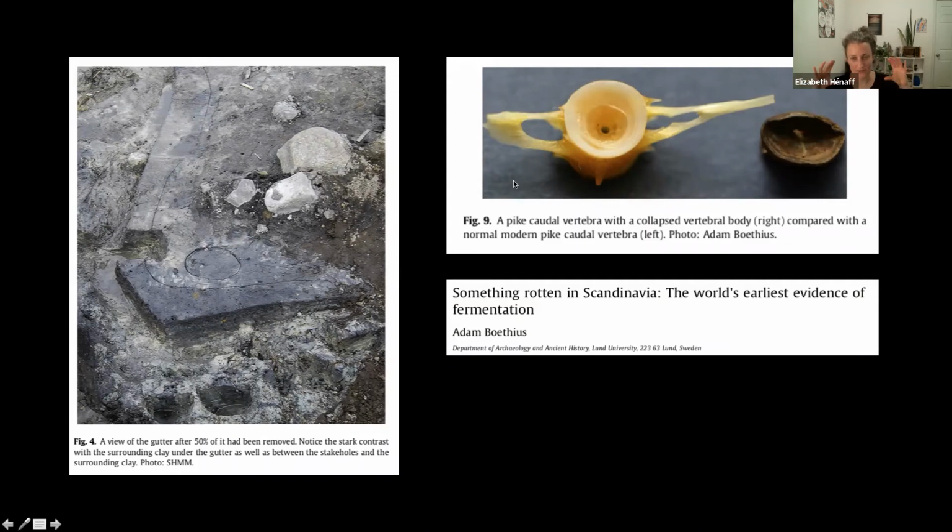And so their hypothesis is that the only way that it could be deformed in that way is in an acidic environment. And one of the characteristics of fermentation is producing an acidic environment. And so this is an example of how the materiality of the bone, but also of the rock and of the trough that was made, was what was mediating this relationship with invisible microbial components.